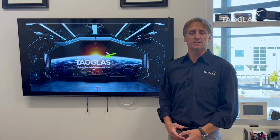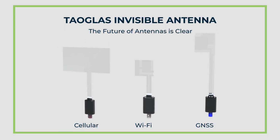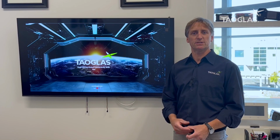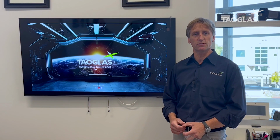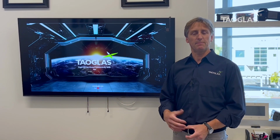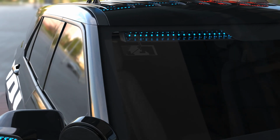Okay, so today I'm here in my office and I want to showcase our invisible antenna line. So we've launched a complete line of transparent antennas, which are really truly exciting for applications like transportation, on the windows of trains, buses and trucks, public safety, in the passenger windows of cars and first responder vehicles, and then